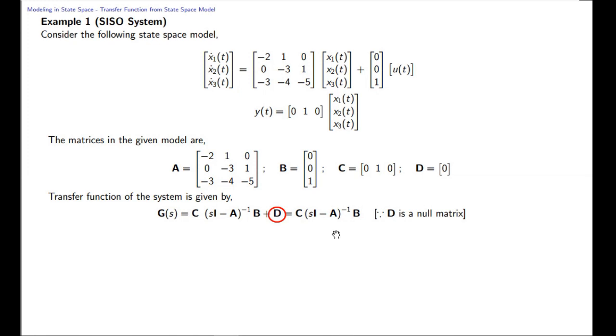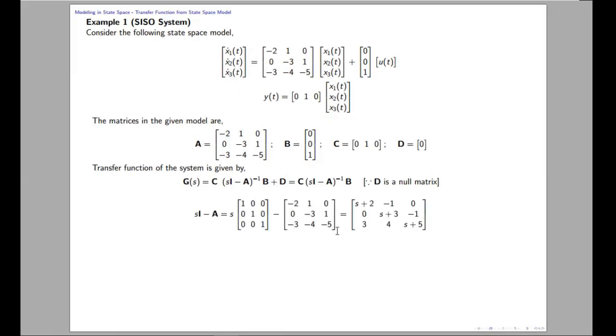Okay. So to find out G of S, the first thing you need to do is find out the inverse of this. To find out the inverse of this matrix, first you should find out SI minus A. S is a Laplace variable or a complex variable,